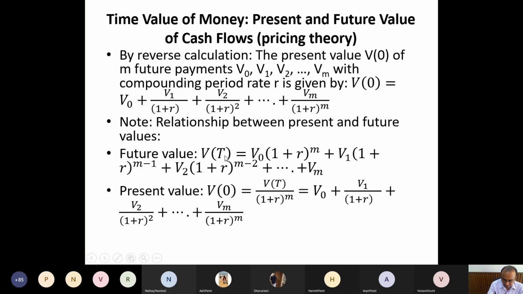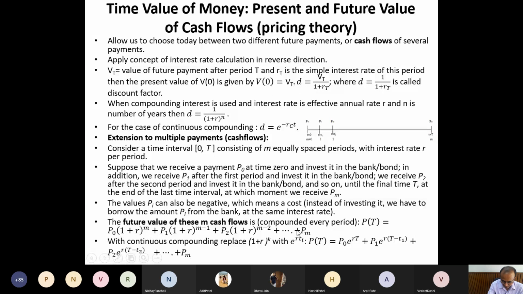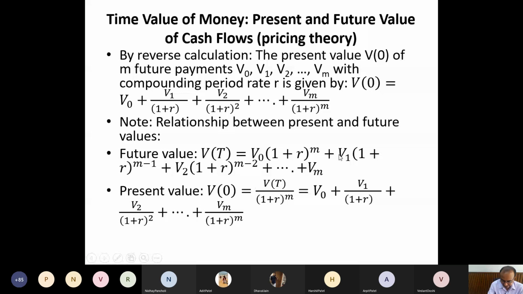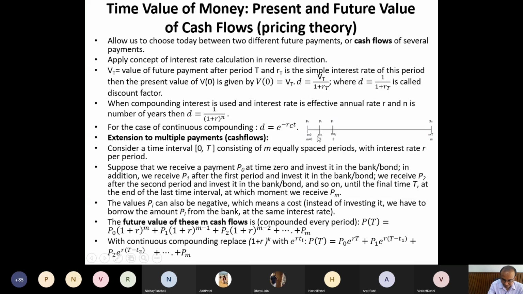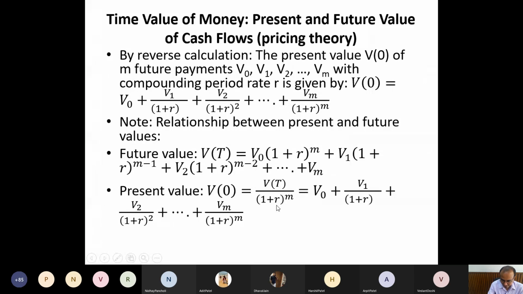So in short, the future value and present value are related. If I say future value V capital T, I can write it by this equation. It is inspired by this same equation. Instead of P0, I have used symbol V0. I will correct it to make it the same P0 later on. Okay. So it is this equation. If I have to calculate the present value, it is this. Ultimately, these two, V of 0 and V of t, are related by this equation. You can see the relation between these two. If you divide this V of t or P of t by 1 plus R raised to m, then you get this equation. So ultimately V of 0 is V of t divided by 1 plus R raised to m. Okay. So that way we have the relation between present value and the future value.